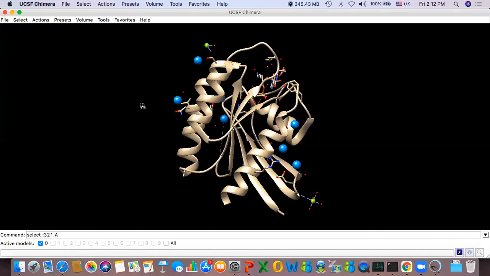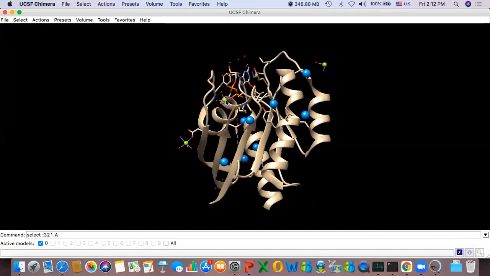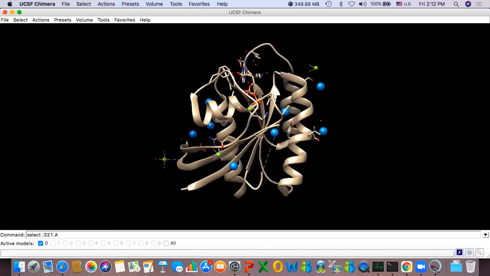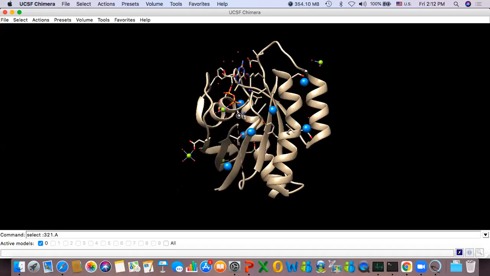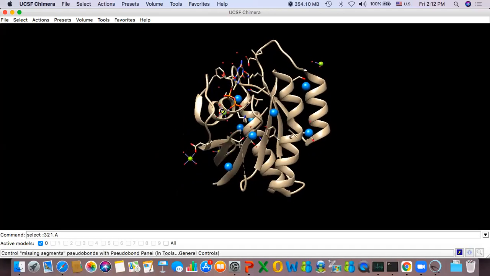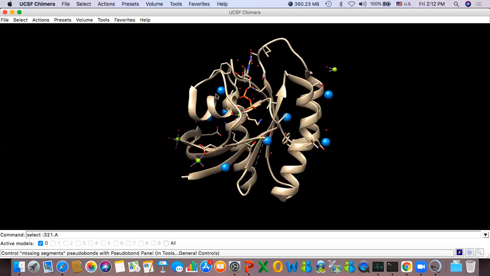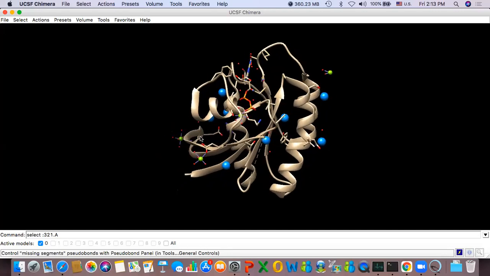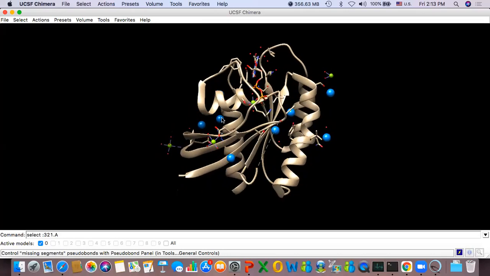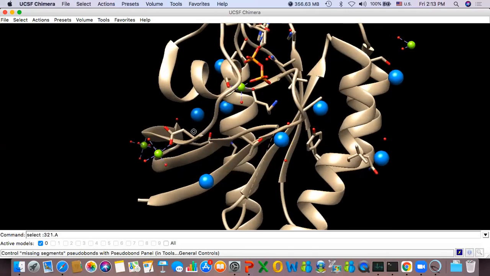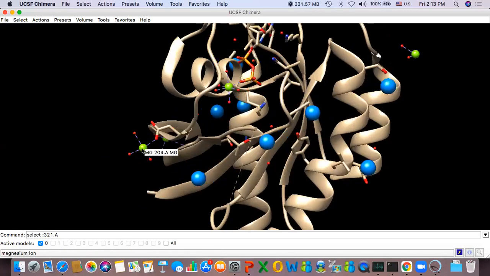As I said, whenever Chimera opens up, it by default displays all ligands, including water, metal ions, and compounds bound to it. It also shows which residues are interacting with it. For instance, you can see over here that this is magnesium and it is interacting with aspartate 38. If you see this carefully over here,